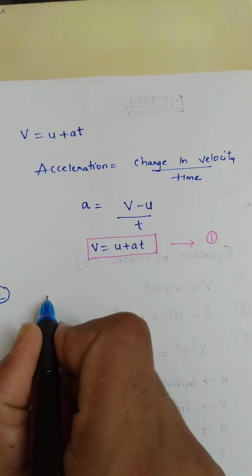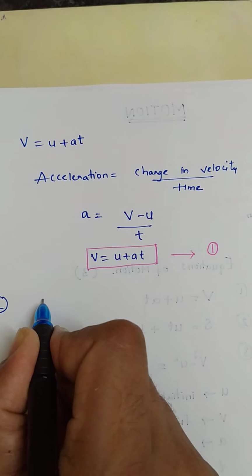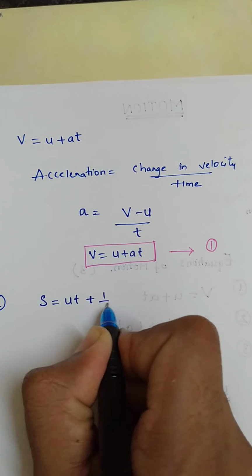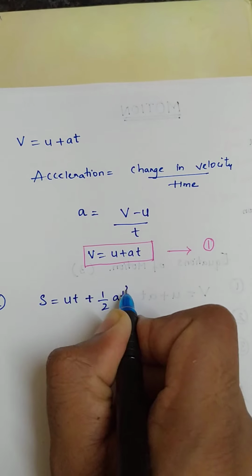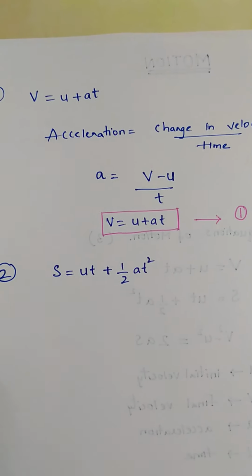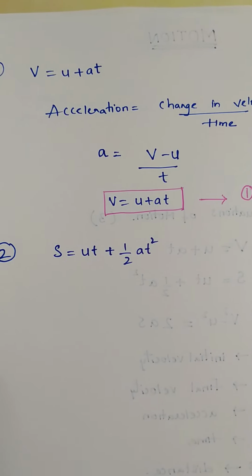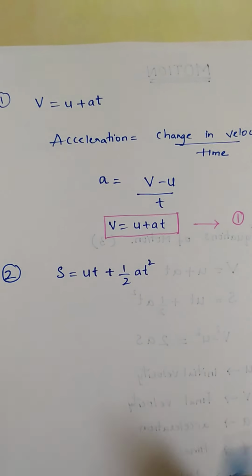Now moving on to the second equation, s is equal to ut plus half times at square. So in this case, s is distance and u is initial velocity, t is time, and a is acceleration. We know that